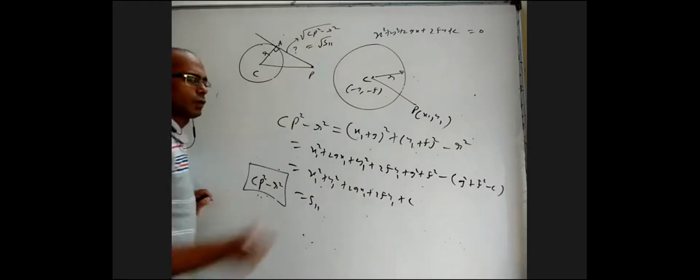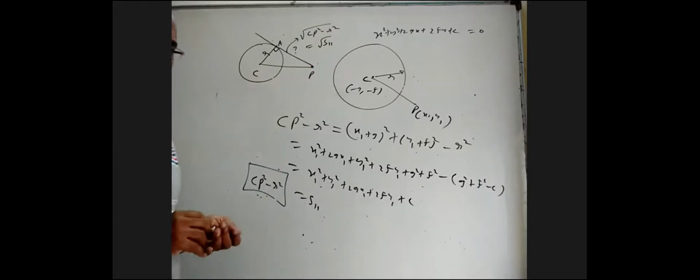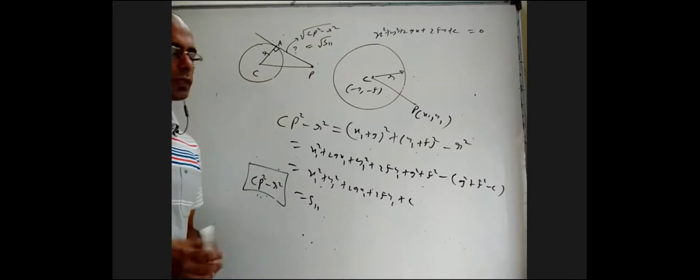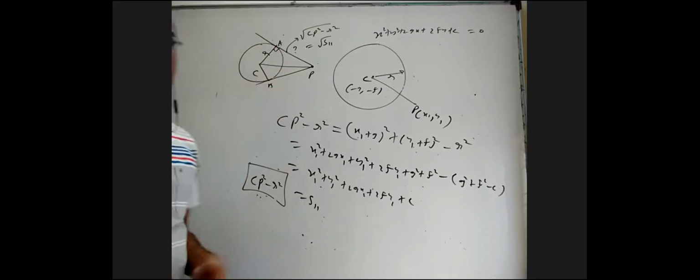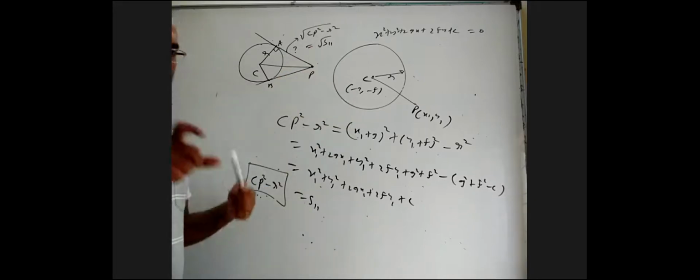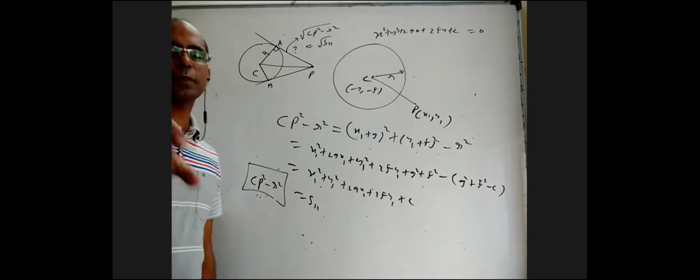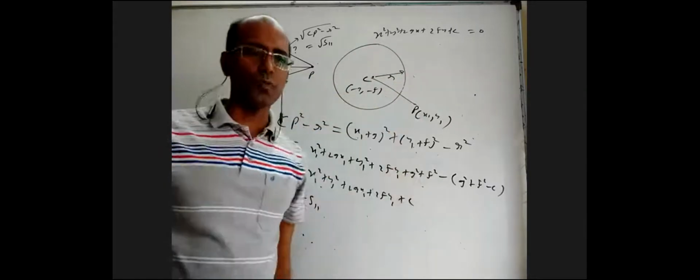So root S11. When a point is outside the circle, you can draw two tangents and both PA and PB will have the same length. If you want to know the length of a tangent from an external point, it's very simple. Substitute that point in the circle equation, keep it under root S11. So you can see S11 is helping us to remember or express a formula in a simpler manner. Once again, in all these places, don't forget the x square and y square coefficients should be 1.